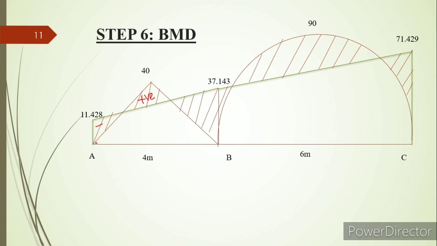But in this blank portion, there is a positive moment, that is due to this triangular bending moment. Also due to the end span moment, there is a negative moment. So this positive moment and negative moment will be neutralized. Therefore this portion has no bending moment. Therefore it is left blank.